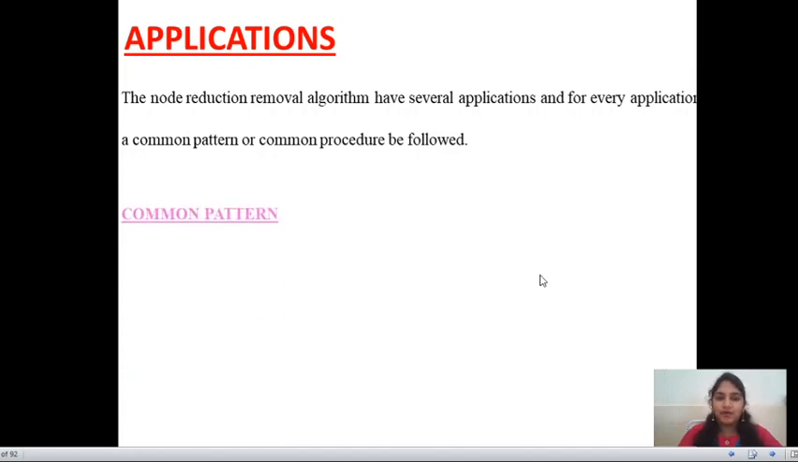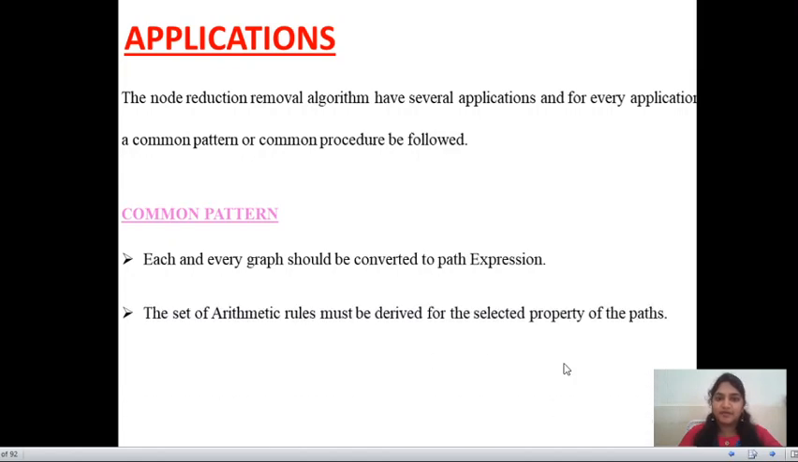So what is the common pattern? First, each and every graph should be converted into a path expression. First, there is a flow graph. Then each and every flow graph can be converted into a path expression by using the node reduction algorithm. Like what I told before in the videos on the node reduction algorithm, we have to achieve the path expression between the entry node and the exit node. So that is the first step as a common pattern and common procedure to be followed